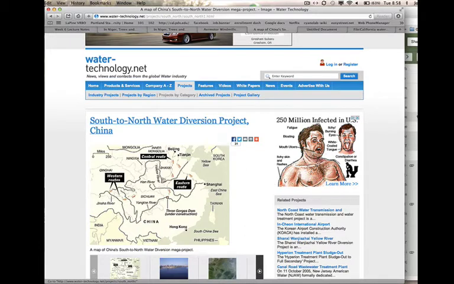And this huge water diversion project will be the largest in the world, even more so than the California aqueducts. So right now they're creating these channels. They've created the dams. It's a huge project to move water around, and again to support agriculture. They're not moving all this water just for drinking water. They're moving it to support agriculture.